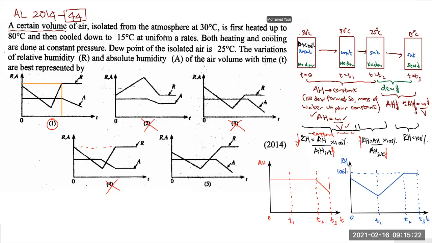And in this one, why is fifth wrong now? Because now I'll draw a line from RH becoming 100. This is a perfectly vertical line. And you can see the problem there. Shapes are correct, but the point where RH is becoming 100 and AH is starting to reduce are not at the same time. That's why the fifth one is incorrect. So the best option out of the 5 we have is the first one.